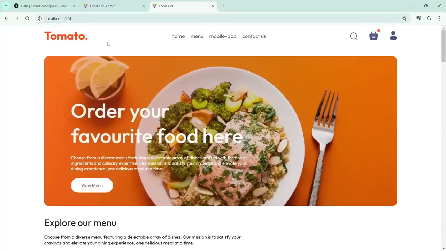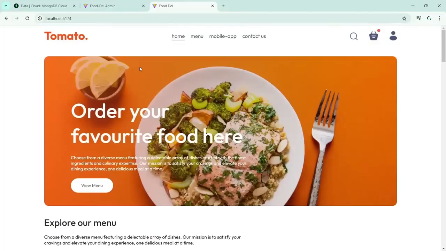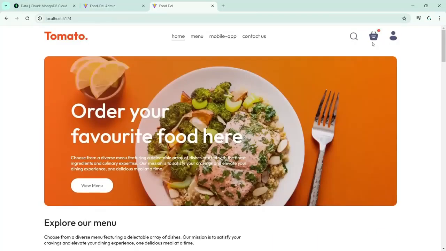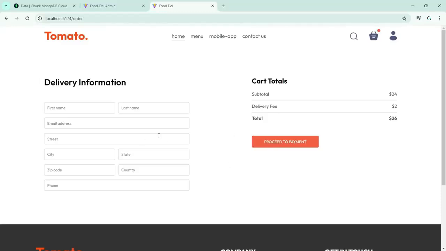Now we have successfully created the full stack food delivery app and we have added the name Tomato. So now we have created all the functionalities so that we can add the product in the cart, we can remove the product from the cart, we can place the order. So if I add Great Stack, in the email ID we will add this email ID,